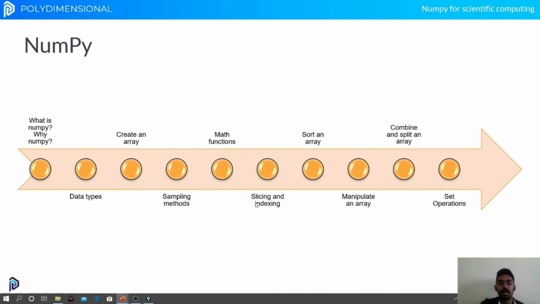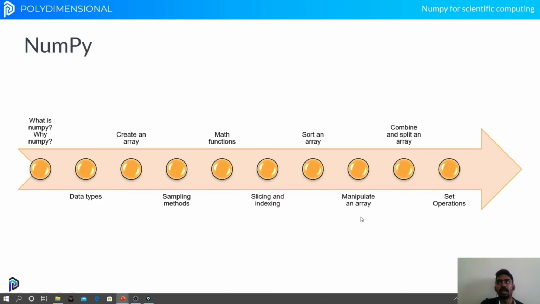Then the most important part related to NumPy arrays is slicing and indexing. We saw how we can access a specific element that we want, and how to create a subarray that we require from a large array. We also saw many fancy indexing ways, and I hope you have a clear understanding of how to do slicing and indexing using an array. Sorting an array was a simple and small video where we saw that quicksort was the default sort used in NumPy, and we saw how to sort along one axis and also along both axes. And yeah, I guess sorting is clear for you right now.